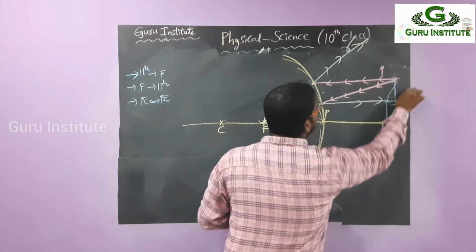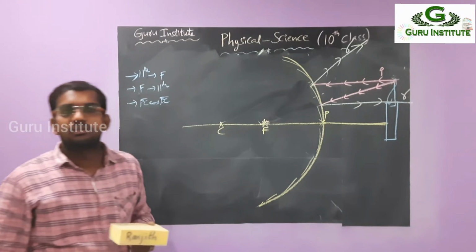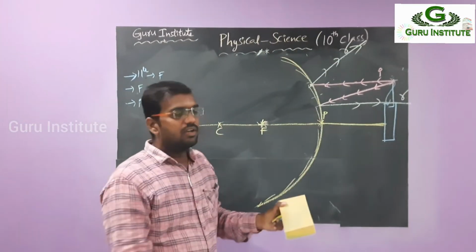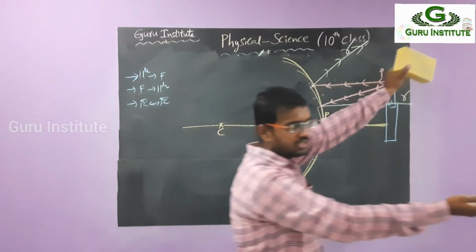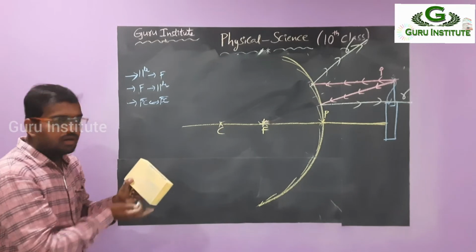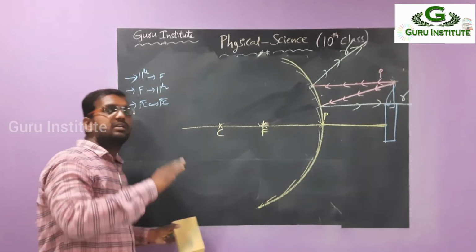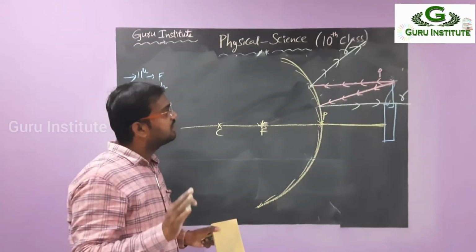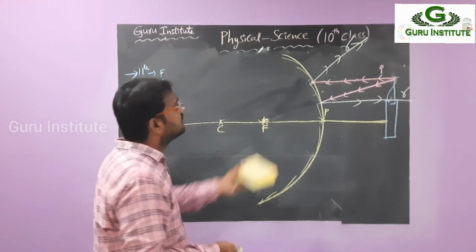Now observe, will these reflected rays meet? One is going like this, one is going like this, so they are deviated. Whenever they deviate like this, if you go to the front side there is no meeting point. If you go to the back side, there is a chance they meet. As you already know, when the reflected rays do not meet directly, you have to check whether they meet at the indirect part. This is the top part.